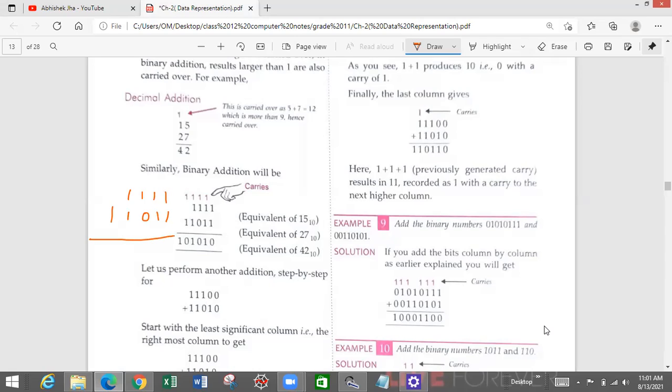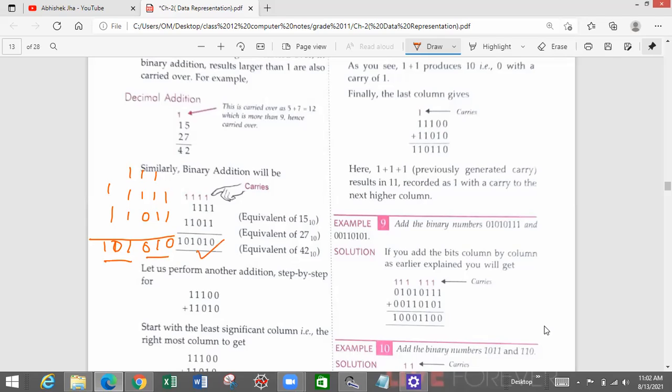Now you add 1 plus 1 is a 0 with a carry 1. Write the carry here. Now 3 ones are there. 1 plus 1 plus 1. We know that is a 1 with a carry 1. Now 1 plus 1 plus 0. So 2 ones are there with a 0. This is a 0 with a carry 1. 3 ones are here. So it is a 1 with a carry 1. 2 ones are here. 0 with a carry 1. So my result will be 101 and 010.